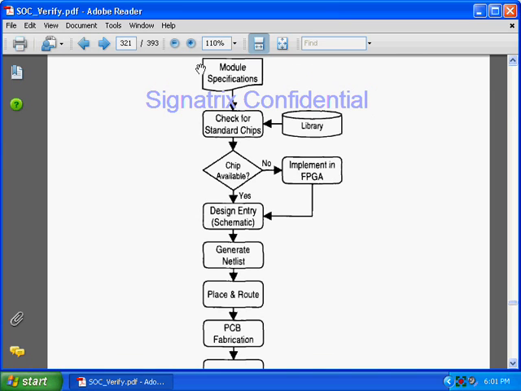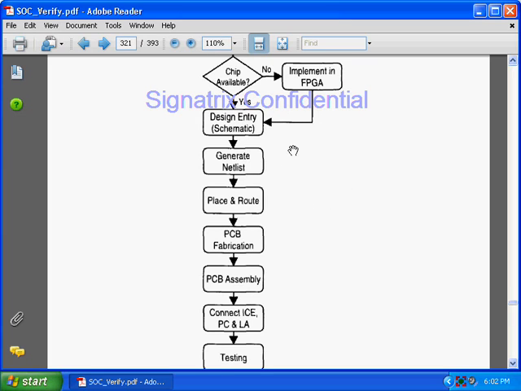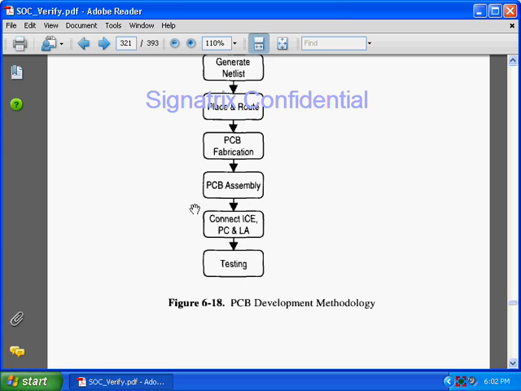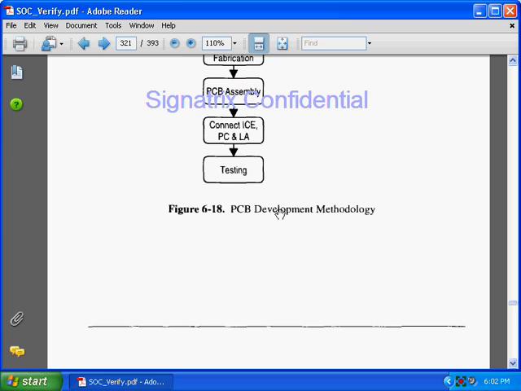So this is the flow: specification, then the standard chip. If it is available in the library, fine; if it is not available in the library, then you have to implement it in the FPGA and then give the design entry. Then your tool will generate a netlist, then you have to perform place and route on the netlist. Then you will get an artwork file. You have to give that artwork file to the PCB fabrication people. They will assemble your chip and give it back. Then we have to connect our chip with the logic analyzer and we can debug things on the board. So this is what the